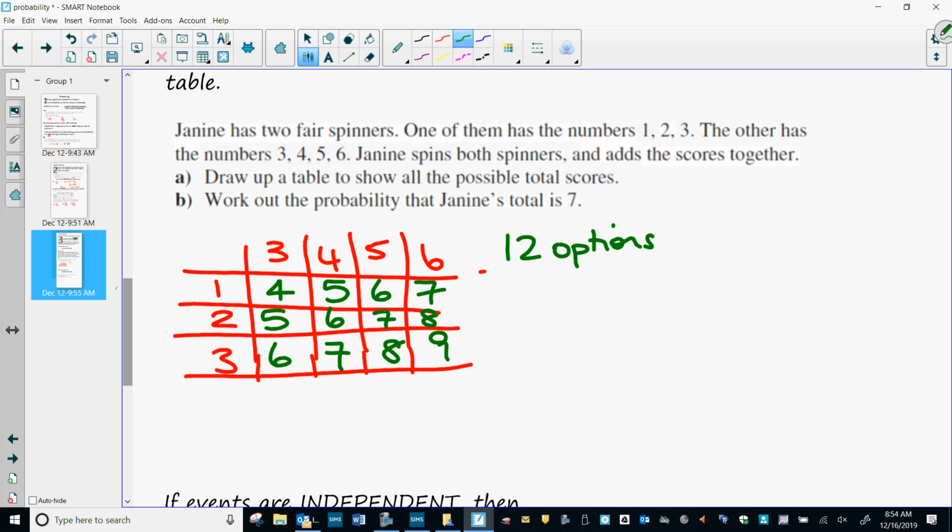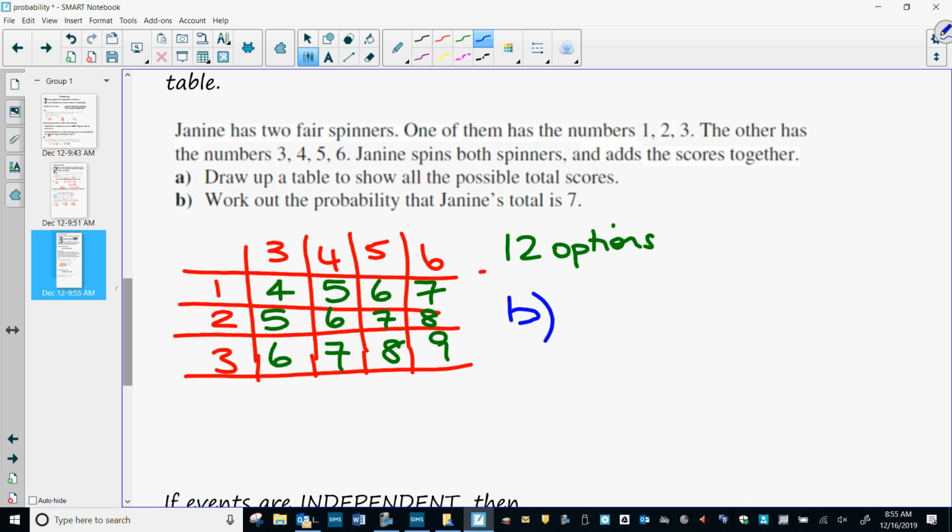And that's why drawing this table really helps you determine how many options there are, because sometimes if you try to list them, you may miss some, and you think, oh, I've got 6, so that's one of my options, but it's actually the rolling of the spinners that's important, or how the spinners come up. All right, so B